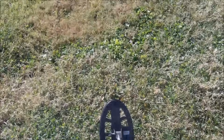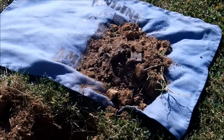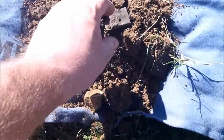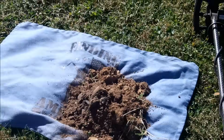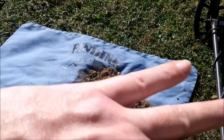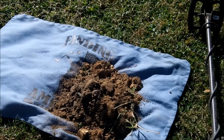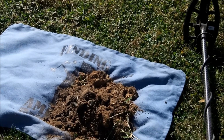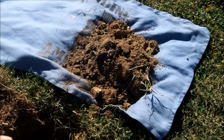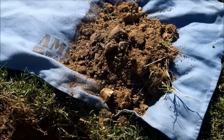Well, this signal was giving me a 58 to 60, and sometimes a little bit higher, but it was deep, I'd say about 8 inches, and I pulled this out finally. I'm getting more into the area where the houses once stood, so this area is going to have disturbed ground, which generally will have more clay brought up from down below and mixed in with the topsoil. So this becomes tougher to dig in these conditions that we've been having with this drought, but still able to